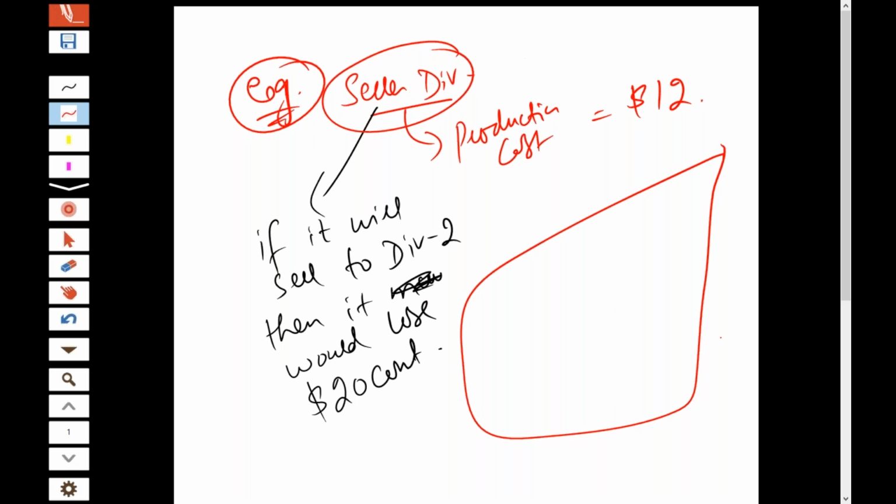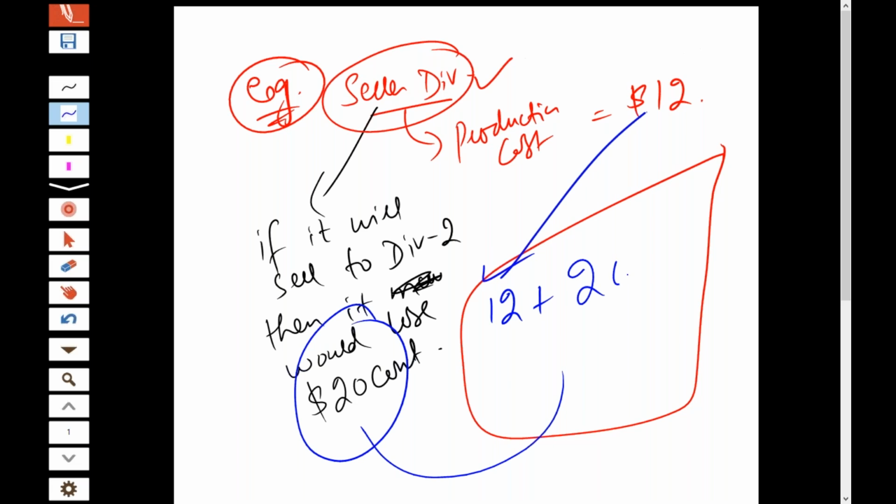For example, I, Haris Hanif, am the selling division, and you people are coming to me. You are division 2 of the same organization. Now I will have to quote you the transfer price. You will come to me and say, Sir Haris, division 1, what is the transfer price at which you will be able to sell to me? I will make a calculation. I will say that 12 is my production cost, and if I sell it to you, I will lose this 20 contribution, so I will also charge it from you. Totaling, I would be quoting you $32 as the transfer price.